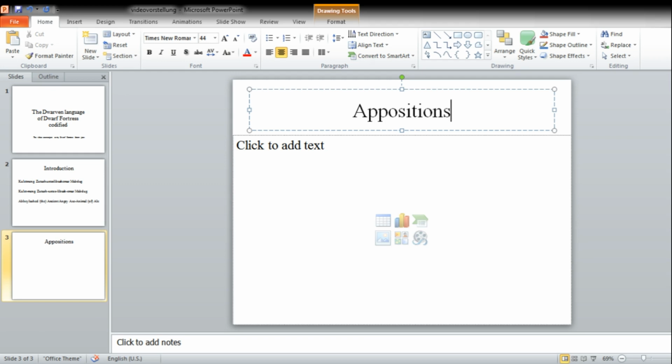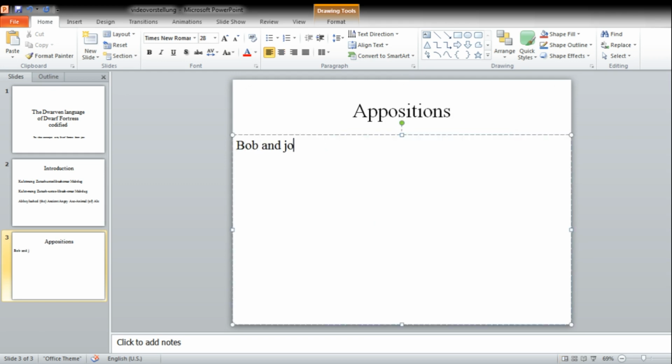Appositions are little descriptive phrases, basically. So, Bob and Joe, the sons of Sue, are nice. Bob and Joe is the subject. Are is the verb. Nice is an adjective, but it's being used as a direct object here, describing what they are. However,